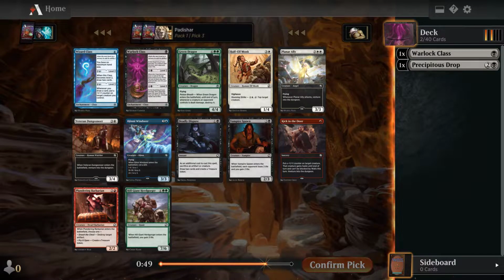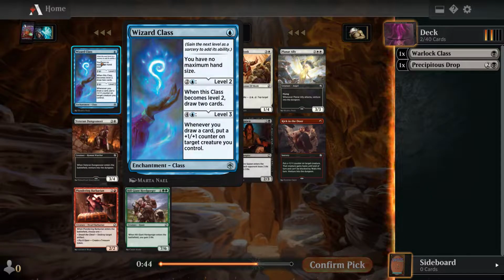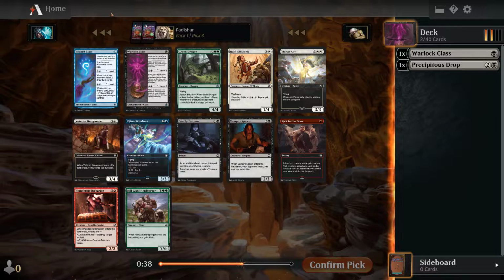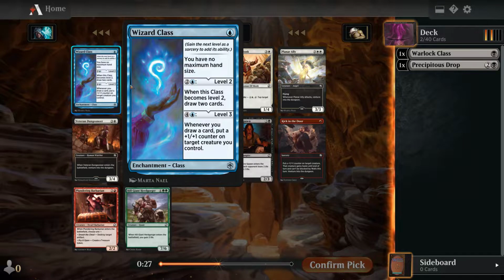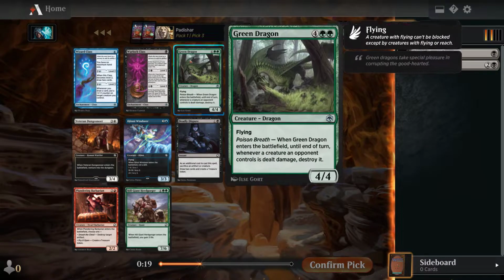There's another Warlock class. There's also a Green Dragon. There's a Wizard class. Now the Wizard class, on the other hand, it's just better than the Warlock class. The level 2 draws you actually 2 cards. Now this comes with selection, 1 card with selection from the top 3. I think it's still, in general, maybe not as good as this. Now this is 2 mana. This is 3 mana to activate. But the point is that level 3 here is crazy good. Yeah, it's not really that great. Green Dragon is